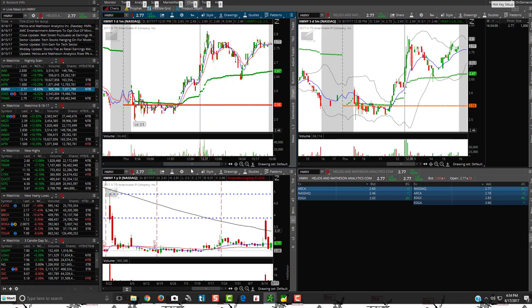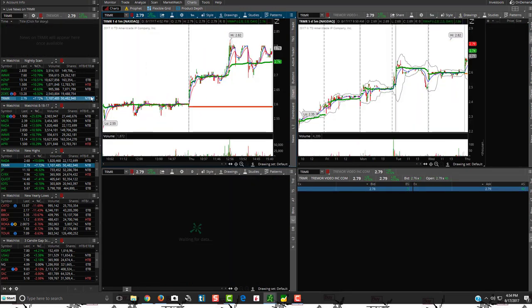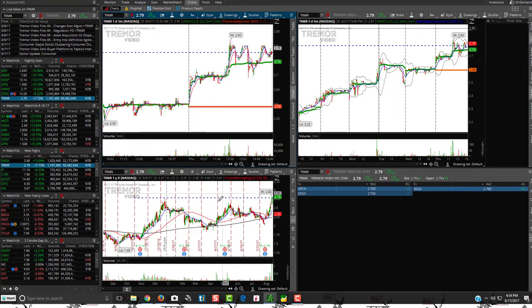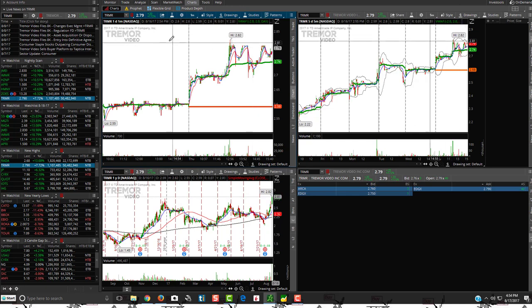We did hold its highs, did have some volume. I don't really like, but I'm not loving this chart. ZOES kind of faded towards the end. Don't like it. TRMR. So this one right here created a new yearly high. Now you have really support kind of really in here, right around this 2.